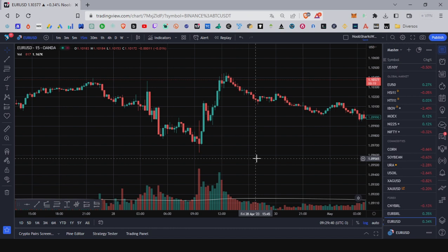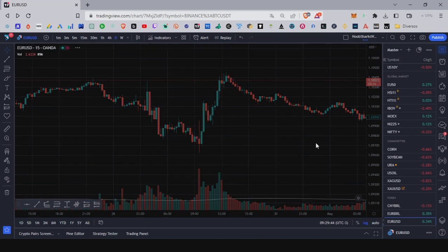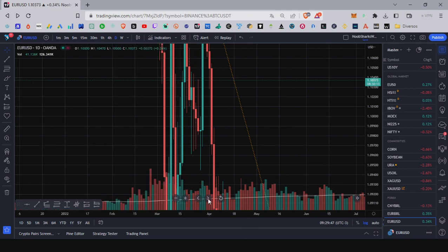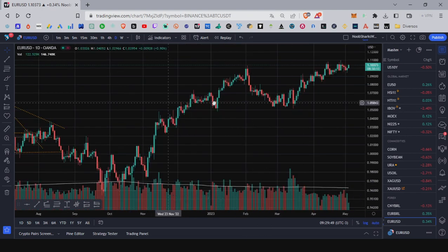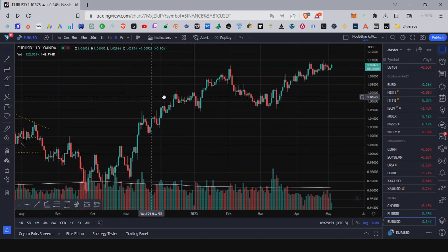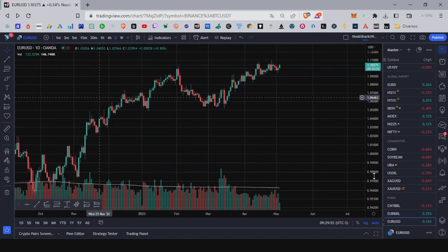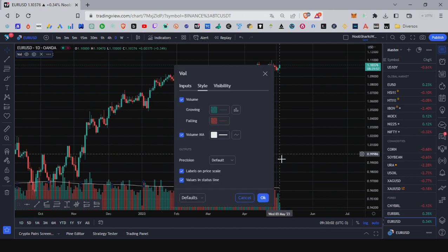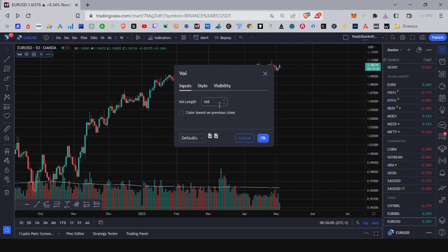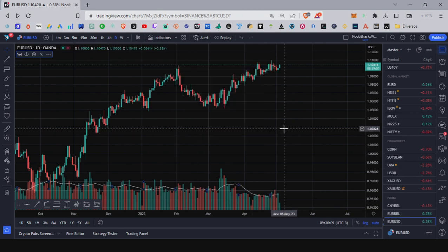I want to have wise periods in my MA here. For example, if I'm looking at the daily charts, okay. Oh, I have some marks here. You see, I made something here. And what do I like to do? If I'm working on a daily chart, okay, so I want to use a period that makes sense. For example, 14 days. Let's see if the volume is higher or lower than the average of the 14 days. Okay, so it's 2 weeks,